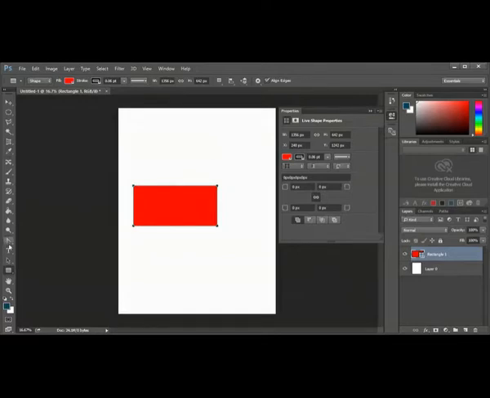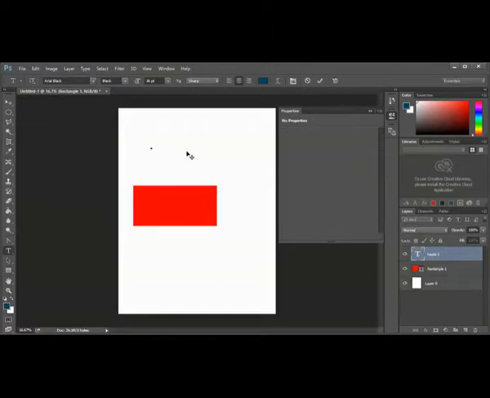Let me draw a text. I'm going to write a text here, Asadi. Okay, it immediately created a text layer. I can double click this and give a name, whatever I want.